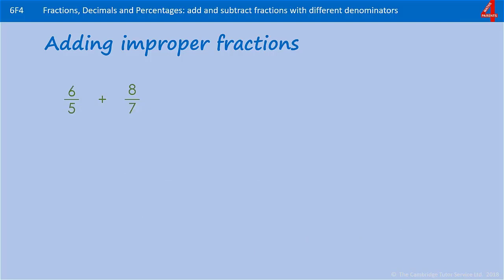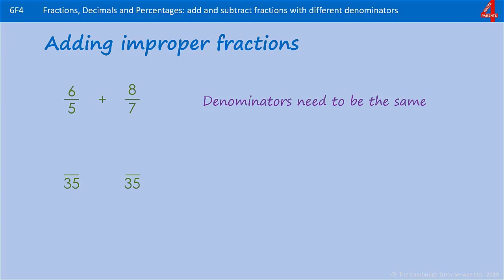Have a go at this one. 6 fifths add 8 sevenths. Pause the video, have a go. The denominators need to be the same, and the lowest common multiple of 5 and 7 is 35, so that's